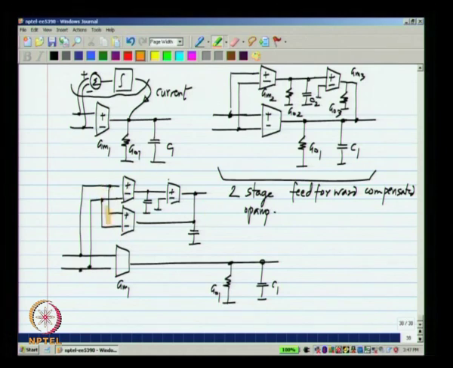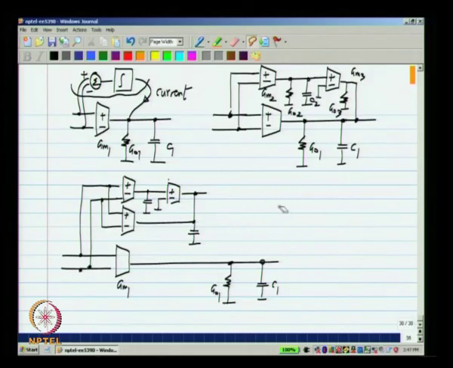Now, this is my 2-stage feed forward compensated op amp, which behaves like an integrator. Now, I have to convert the integrated voltage to a current and feed it to the output. So, if I call this GM1 and